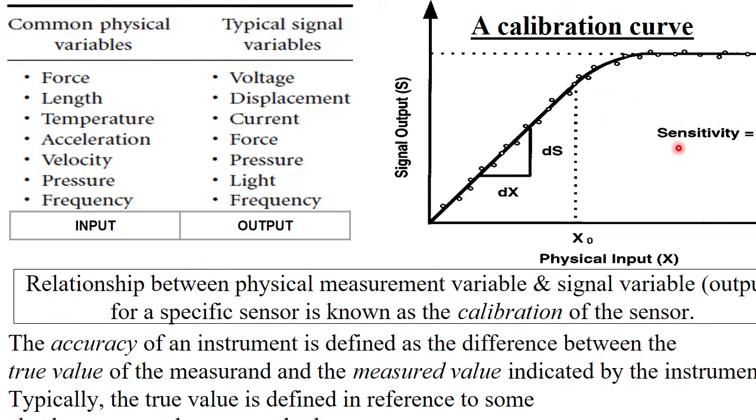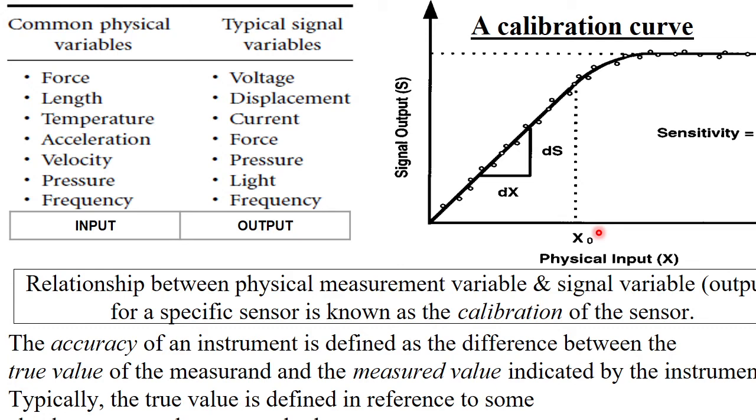How do we define the sensitivity of a sensor? This is basically the change in output corresponding to a unit change in the input variable. Say if dx is the change in the input variable, the corresponding output change is ds. The slope of this curve, ds/dx, becomes the measure of sensitivity. This is true for every sensor. We have a sensitivity, and so long as this sensitivity remains constant, this much we use as the working range of our sensor.